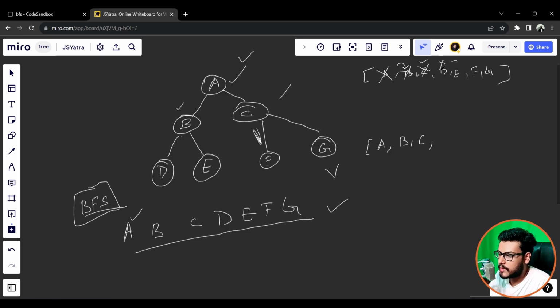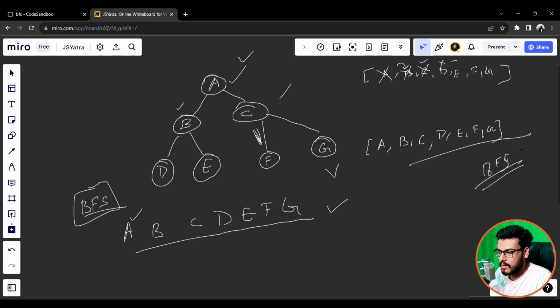Now I'll dequeue D, and this would come over here. Since D is not having any connecting nodes via the edges, similarly goes for E, similarly goes for F, similarly goes for G, and this is how you generate a BFS. So this was